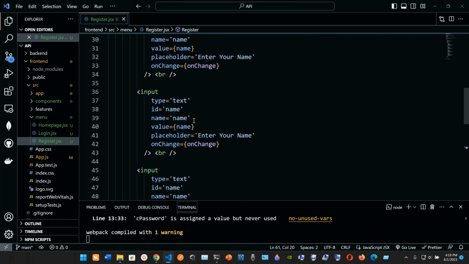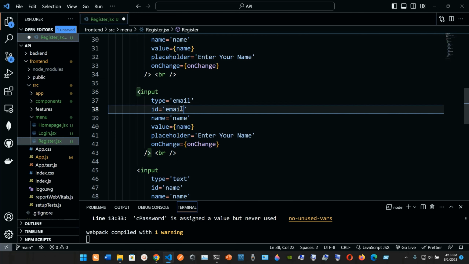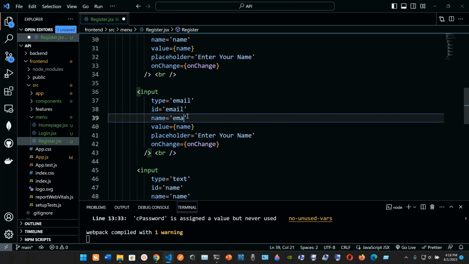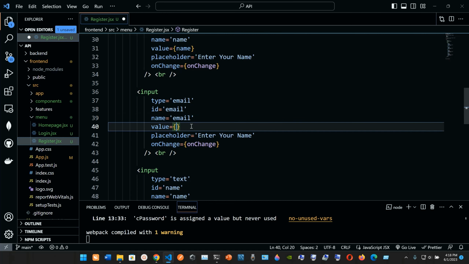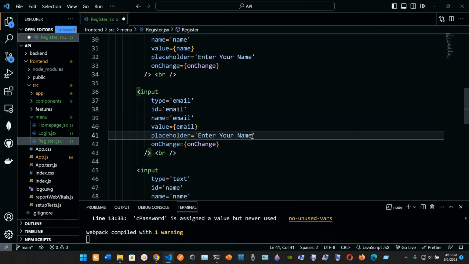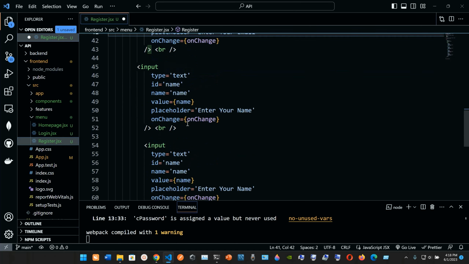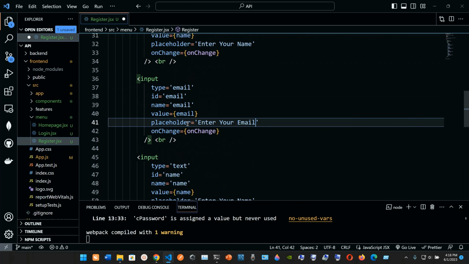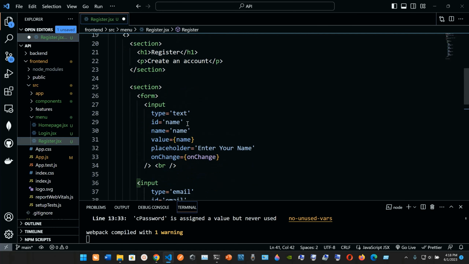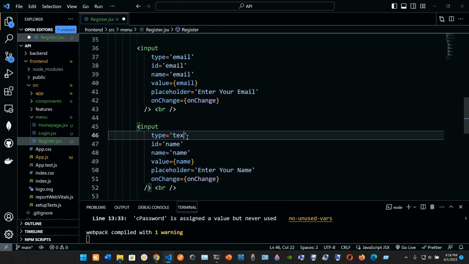In the first input we have the name, and the second input, the type is gonna be email, so the ID is gonna be email, the name again is gonna be email, the value inside curly braces is gonna be email, and enter your email. Okay, so now we have name, you have email, and this one is gonna be the password,